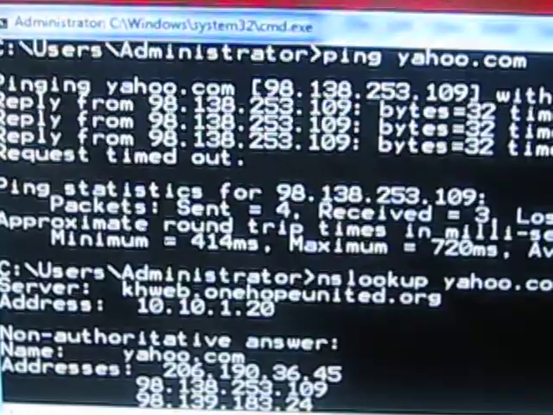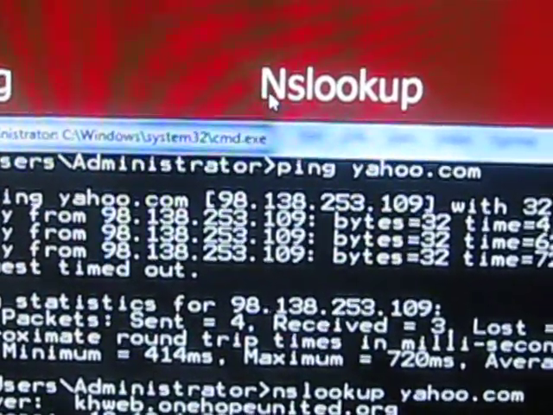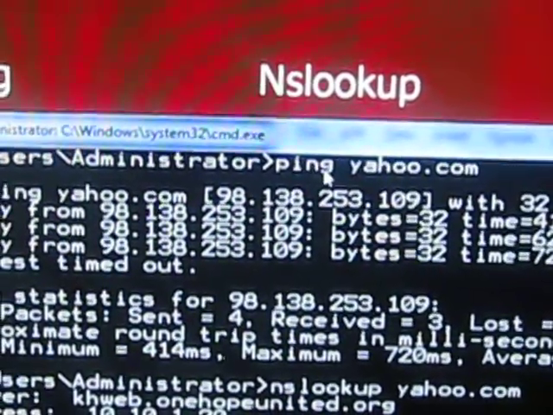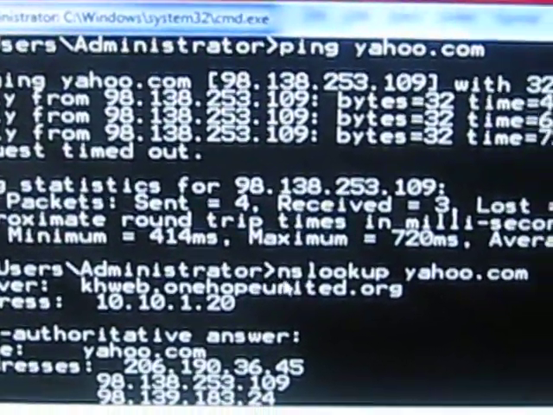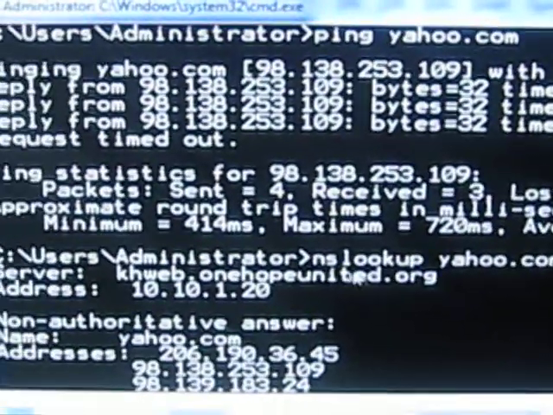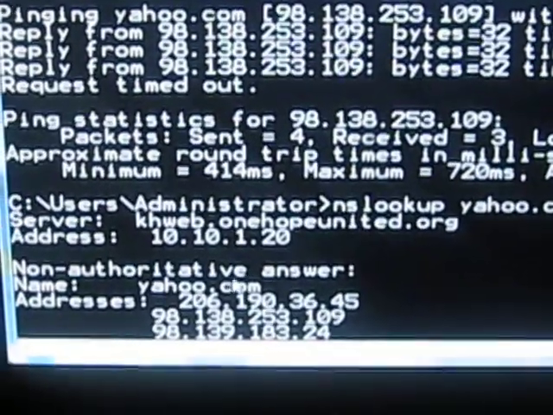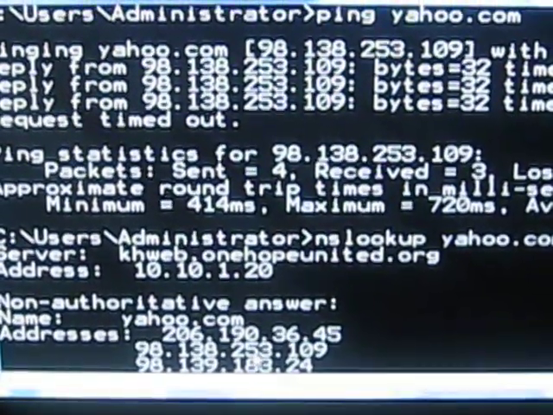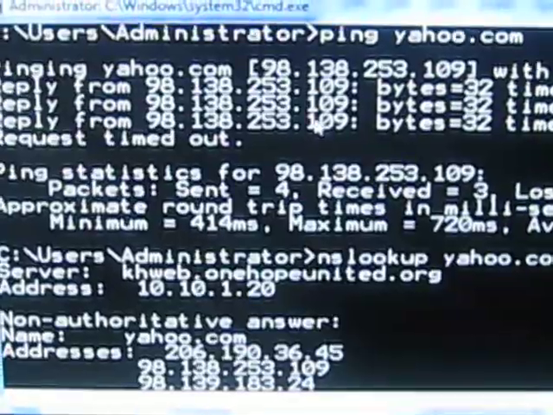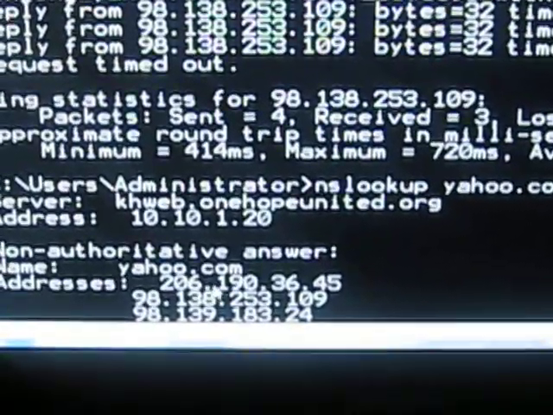Now let's say I want to know what other IP addresses yahoo.com has. Well, NSLOOKUP, your name system lookup. So this is the name, this is the system, and we're going to look up the IP address. Right here you see that I used NSLOOKUP yahoo.com. So I'm looking up the domain name, which is Yahoo, and this is my result. 3 different IPs. But look, 98.138.253.109 matches with this. So if you went on the internet and entered any of these 3 IP addresses,